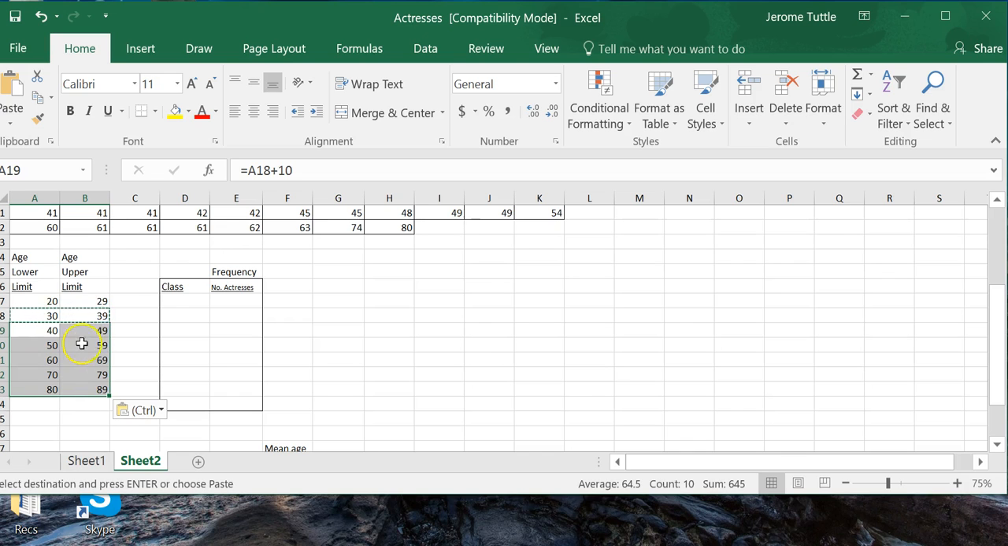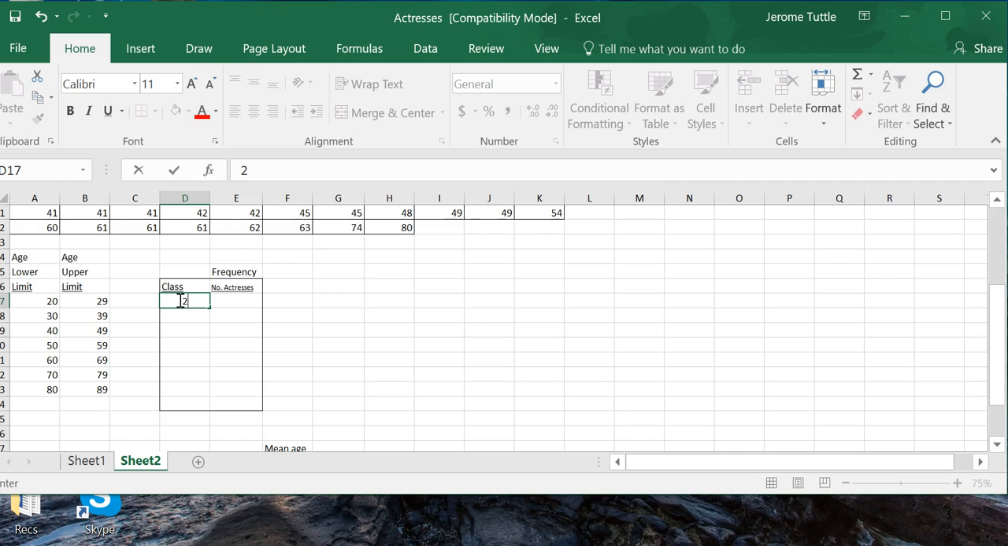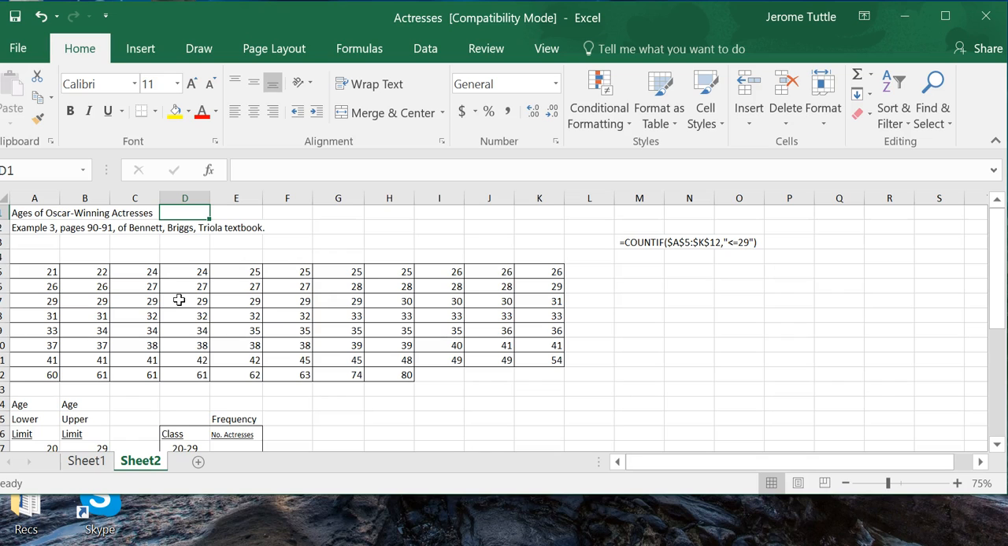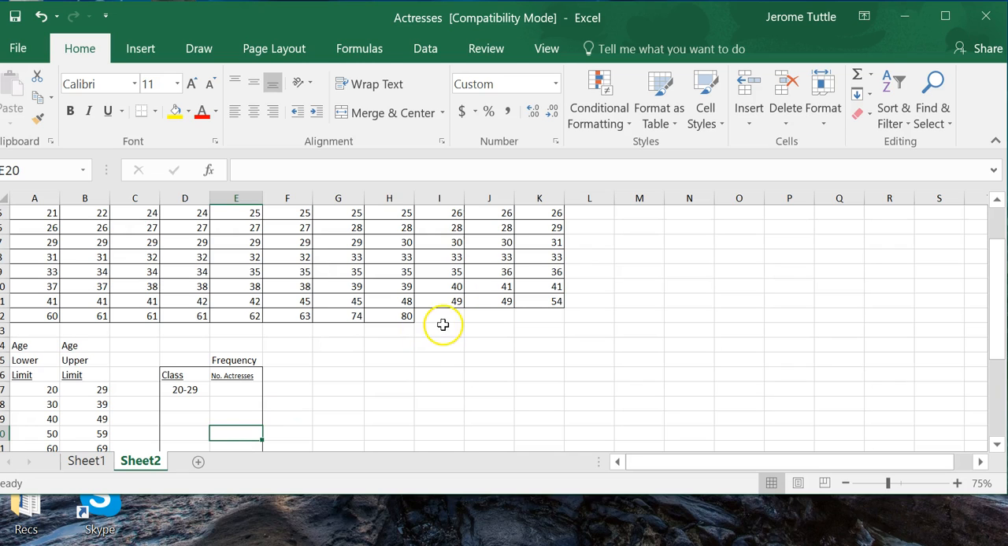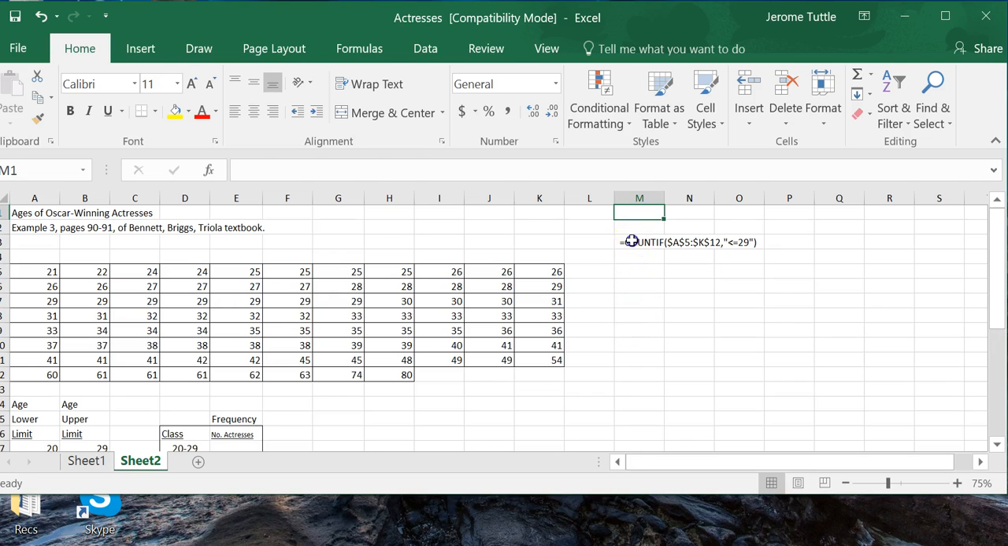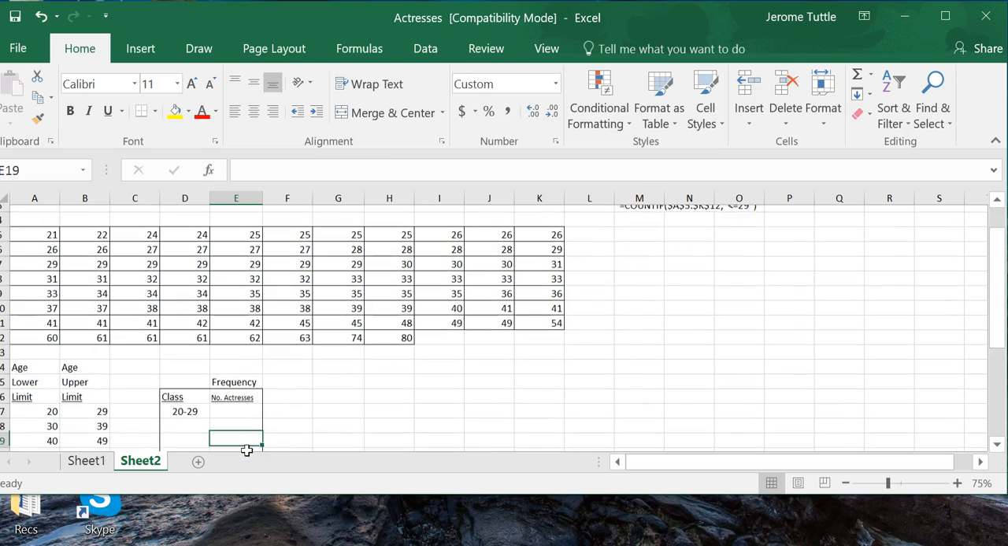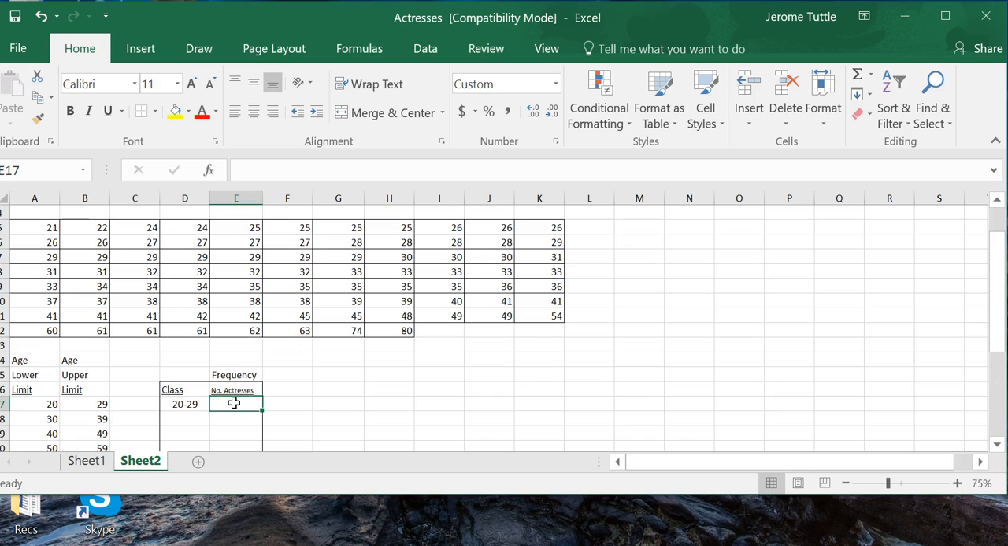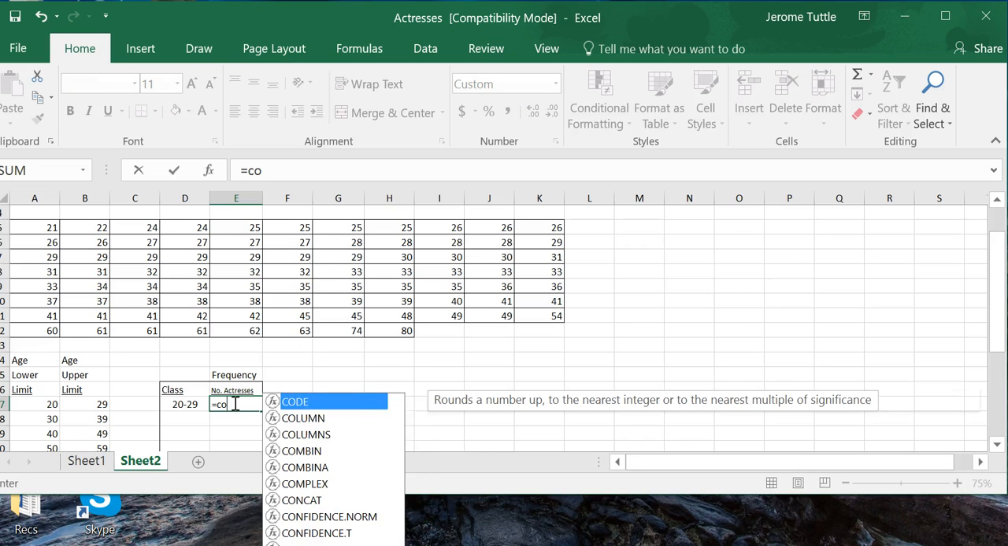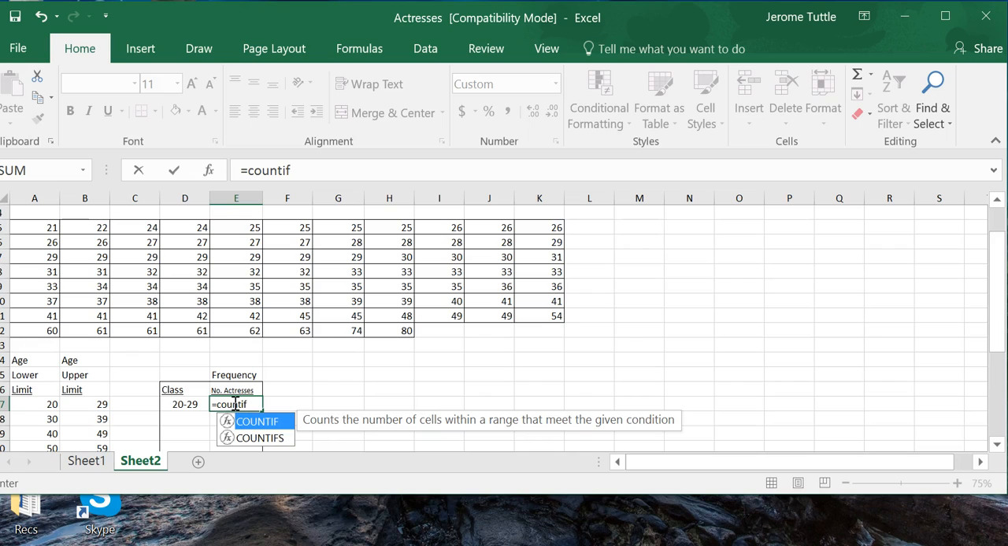The first bin goes from 20 to 29. We could manually count how many data values are in that bin, but let's let Excel do the work for us. We're going to use an Excel formula called equals COUNTIF as follows. Type in equals COUNTIF